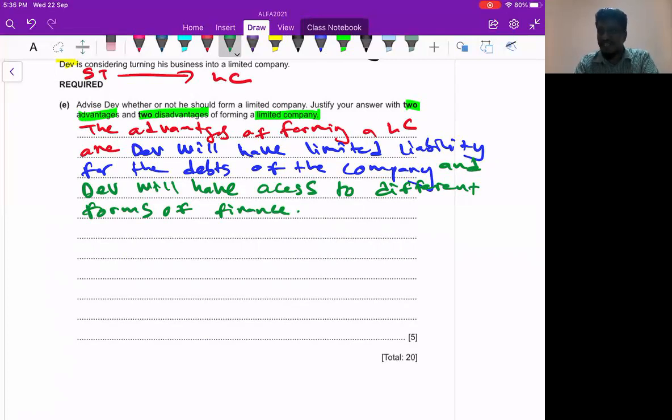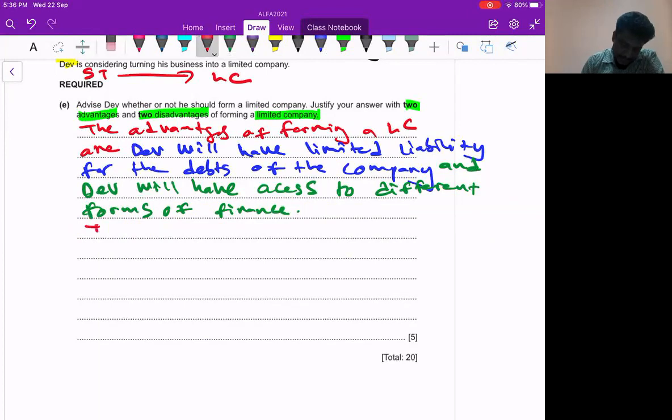We can issue a debenture. You know what a debenture is, right? Take a loan from the public. But a sole trader cannot issue a debenture. But a limited company can issue a debenture to the public. You can take a loan from the public also. Okay, that is a different form of finance. We can take a bank loan, we can take a debenture, or we can issue shares, preference shares, ordinary shares. So we get more finance, more money compared to a sole trader. Sole trader, only I, the owner, can give the money. Okay, these are the advantages.